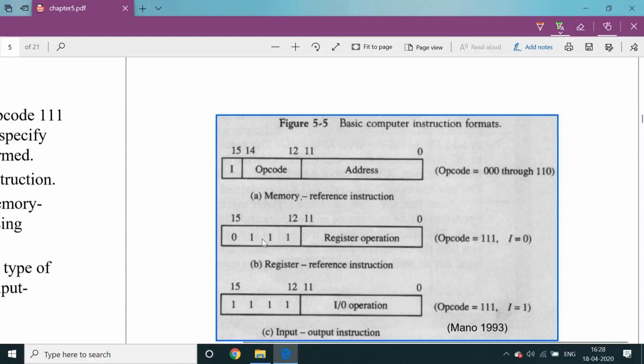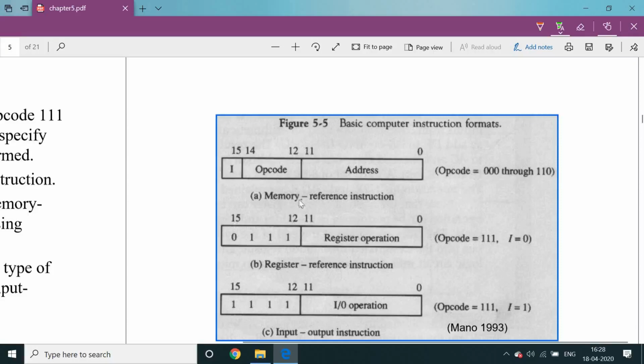That means it is fixed at 111, in bits 12 to 14. This is D7 for register reference and D7 for IO reference. Only memory reference uses D0 to D6, where D0 means 000 and D6 means 110.